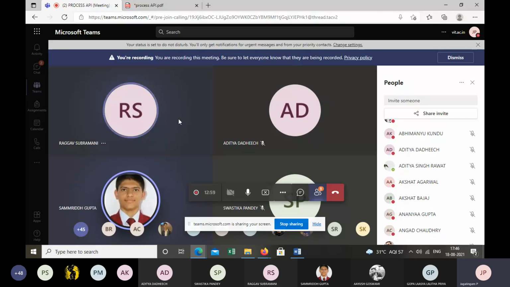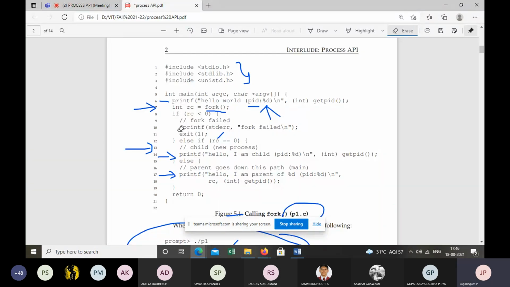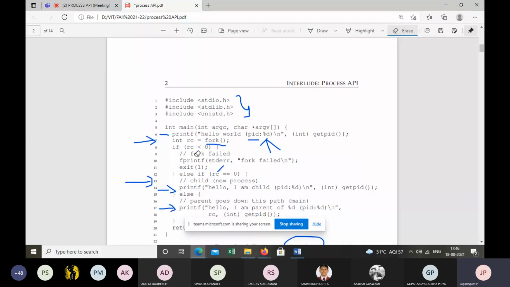Now let me give you 10 minutes for you to execute the code and see whether you are getting this output. You have the code with you. Look at each and every line, and then we'll come back to this fprintf. When you go for fprintf, look at the parenthesis inside that. You have standard error.